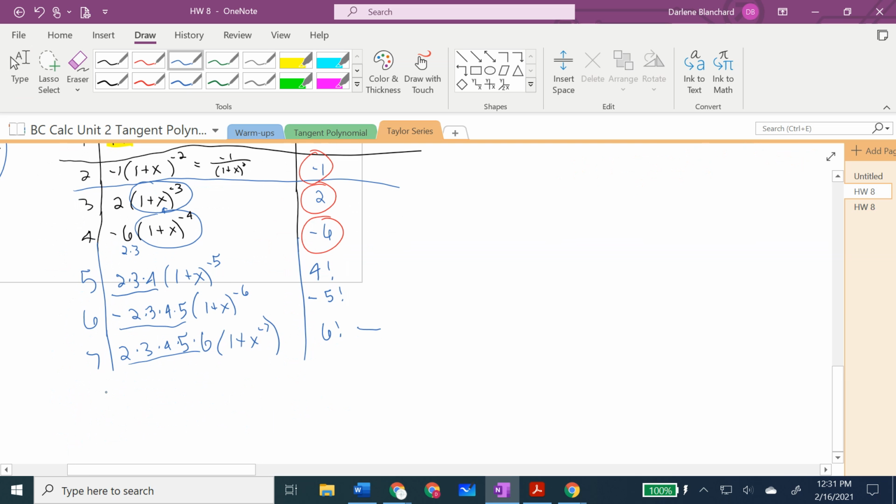And you guys are seeing that with the exception of, is it negative or positive? Other than that, it's n minus 1 in parentheses factorial. If it's not in a parentheses, it's not part of the factorial. That's why these negatives